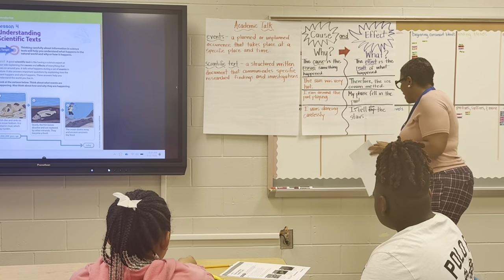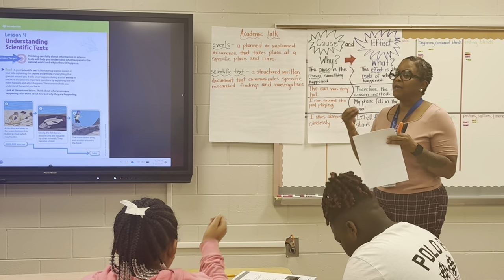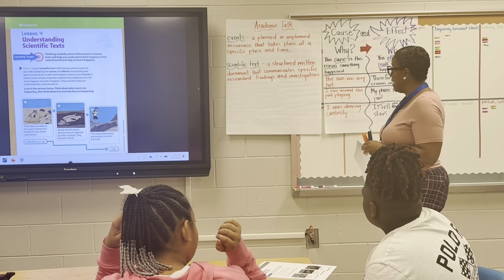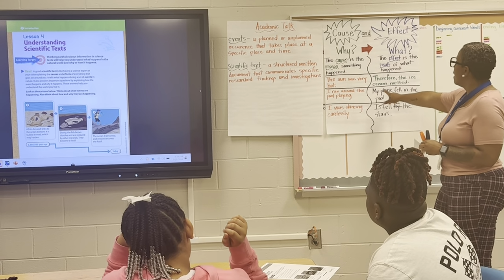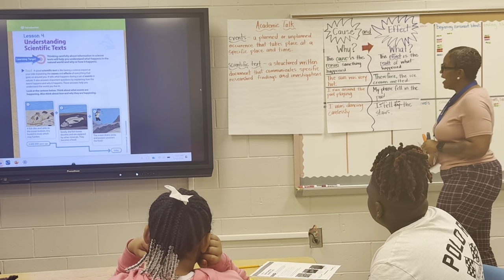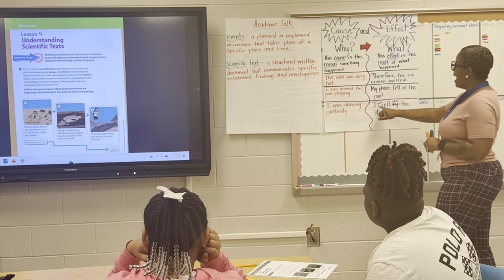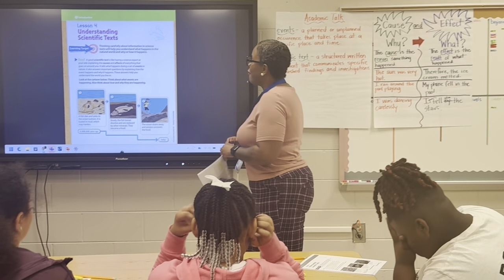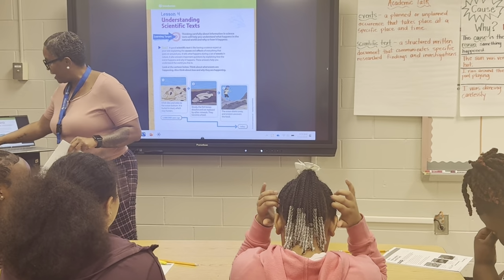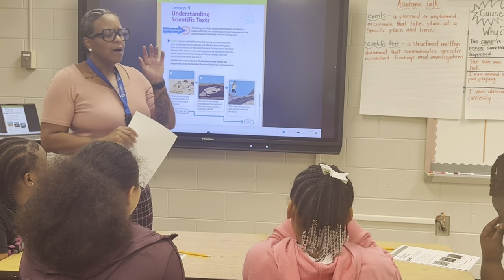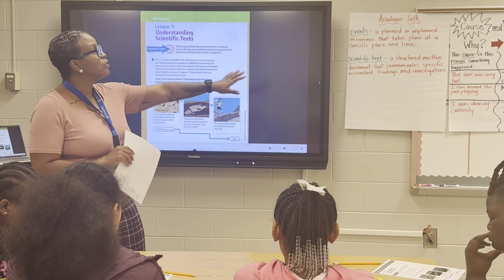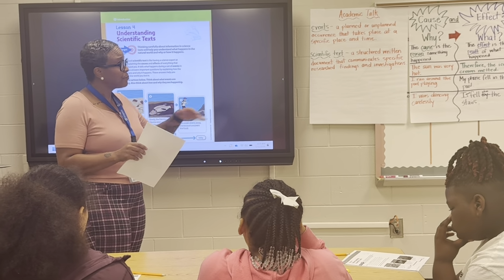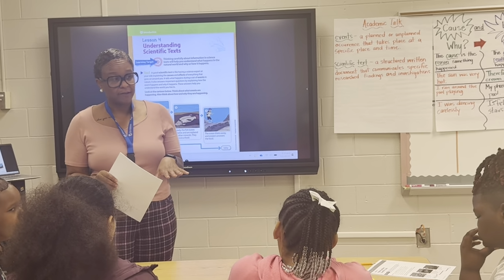Clarifying the mistake, and I don't even want to say it's a mistake. I just want it to be more of a clear-cut definition of cause and effect, okay? So I ran around the pool playing. My phone fell in the pool. Next, I was dancing carelessly. I almost fell down the stairs. All right? Good job. All right, so now we are going to take our scientific text, and we're going to use what you already know about cause and effect, and we're going to apply it to a scientific text, okay?